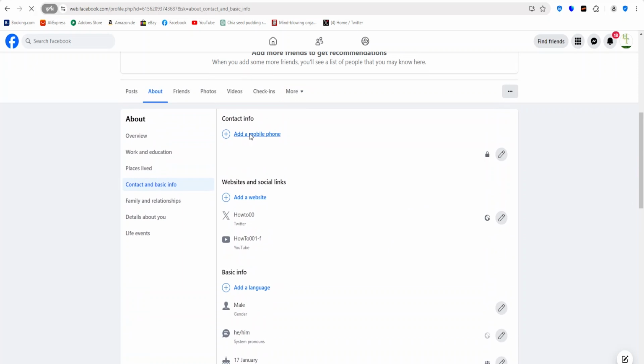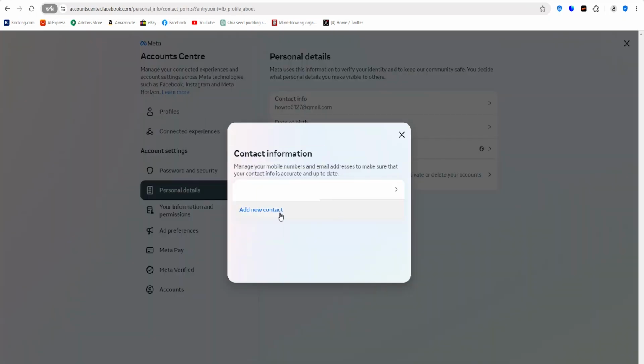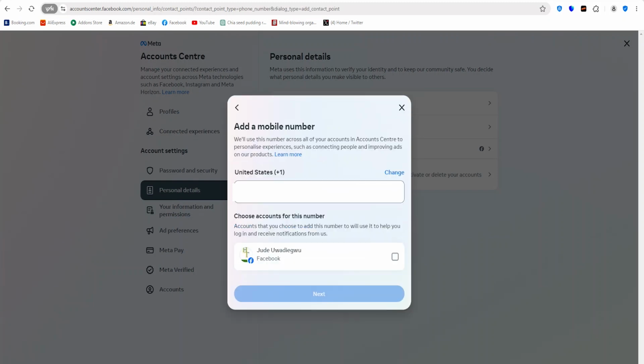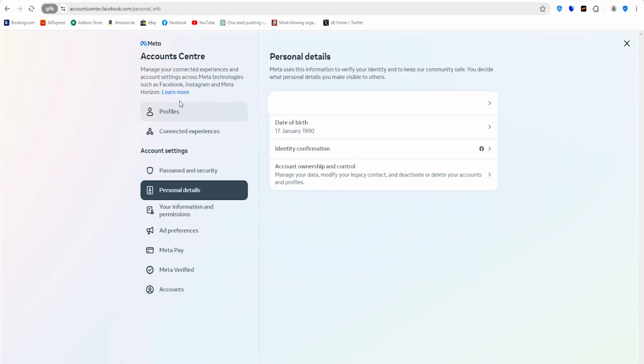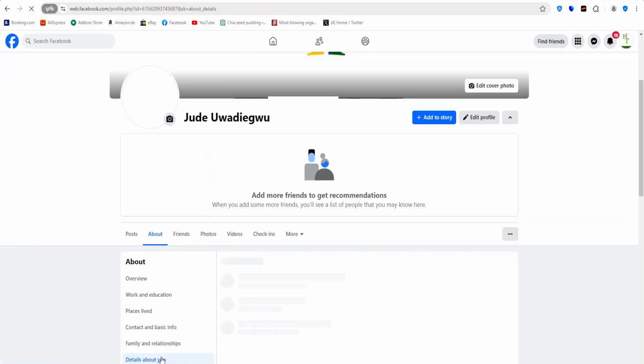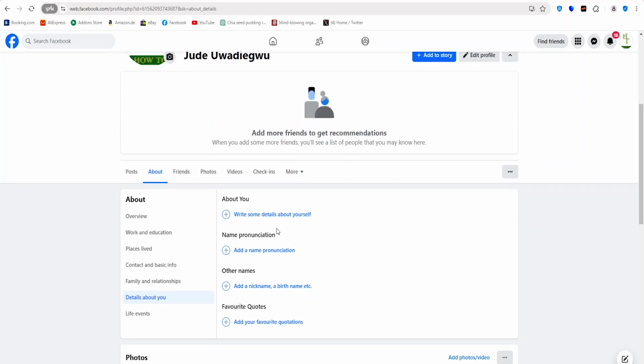You can add a mobile phone number if you want. Adding your phone number will take you to the account center and you can just add your mobile number or your email address. But in this case, I'm not going to add the phone number, but you can go ahead and do that if you want. Now go back. Now you can write more details about yourself. Now, once you are done filling the information in this About section, you would have successfully created